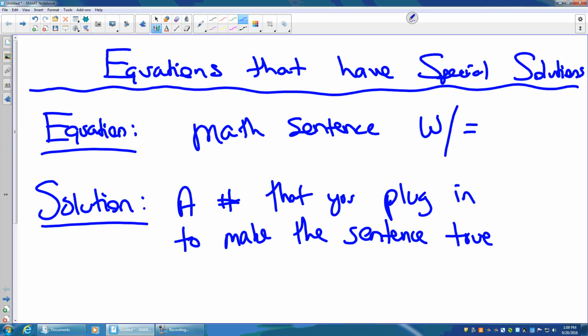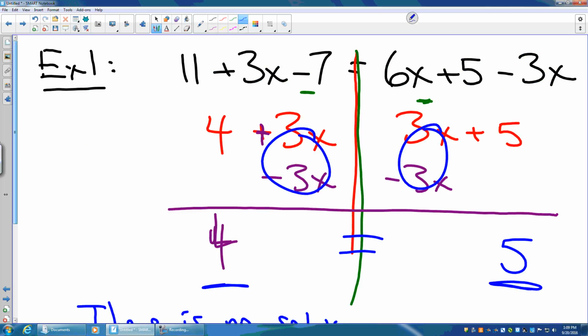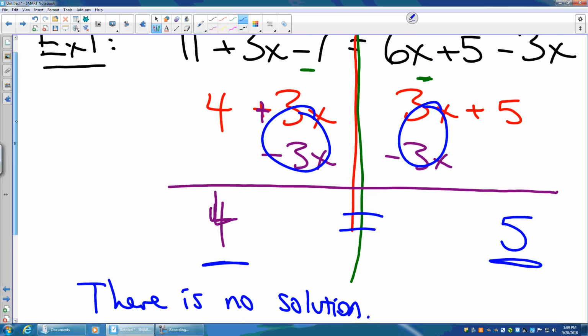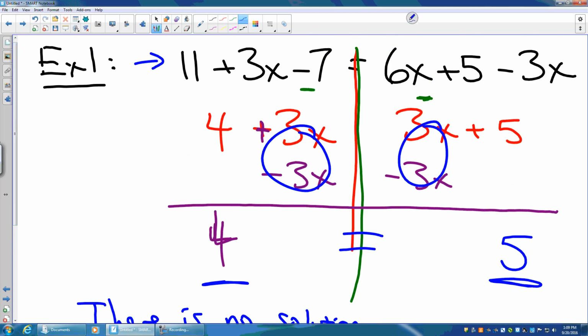So if I have no solution, that means that I have no number that you can plug in to make the sentence true. So if I tried to plug in 2 up here, it would not work. If I tried to plug in 3 or 4 or 5 or any number at all, none of them are going to work. And what I mean by plugging in, just to give us a little review,